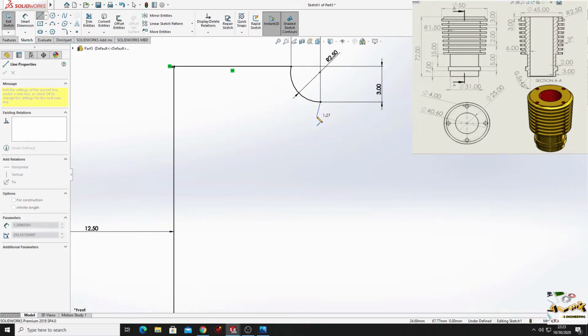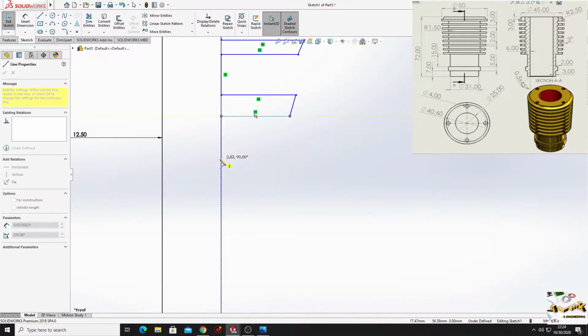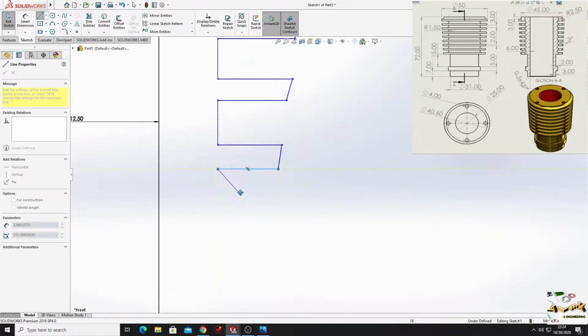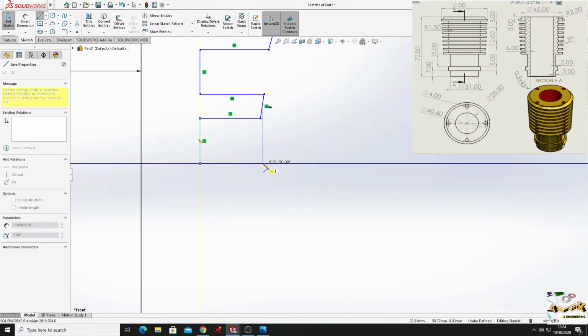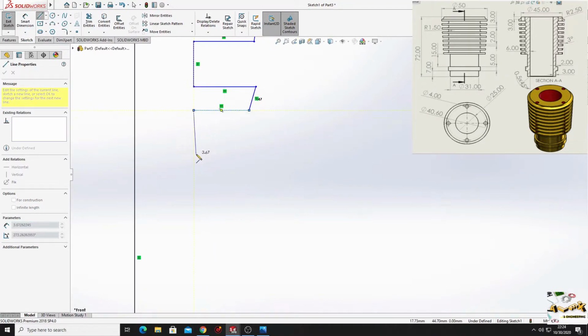Now we'll have to make the rest of the sketch. Make it just like this, because we'll have to define them after.